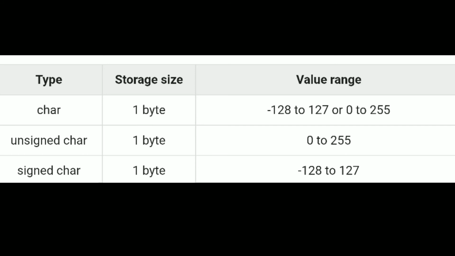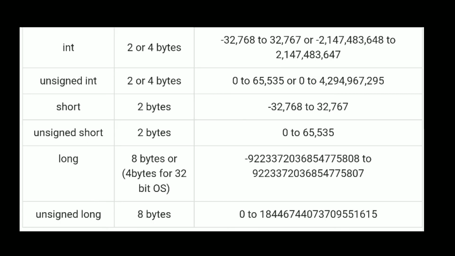You can see that the storage size of all the three is the same, that is 1 byte. But where's the major difference? The major difference is in their value range. You can see in character, it's your wish. You can include both positive and negative as well. In unsigned, negative is not allowed. Its range is 0 to 255. It means all the positive characters only. And in signed character, the range is from minus 128 to 127. It means both negative and positive characters. Hope it's all clear about signed and unsigned.